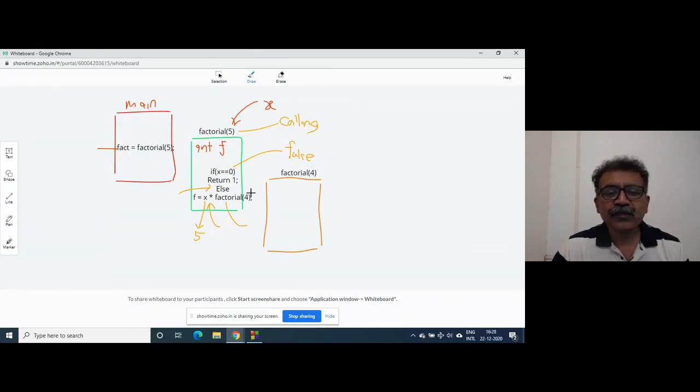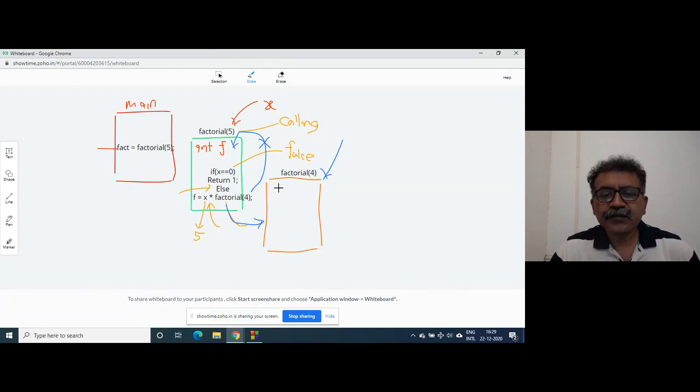This doesn't mean control will go here. No, because it is not a loop. Rather, control goes from here to another function. This is completely a separate function.